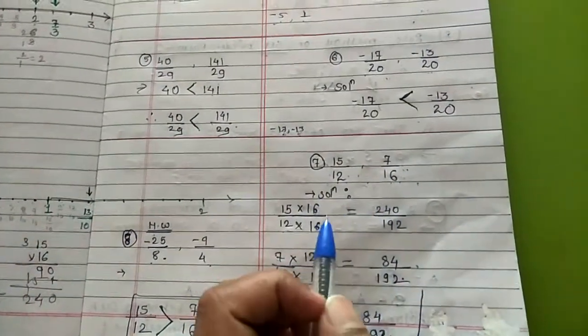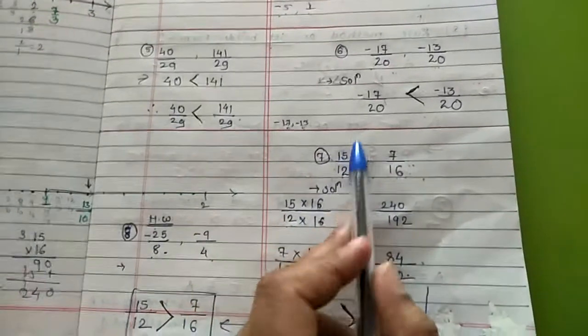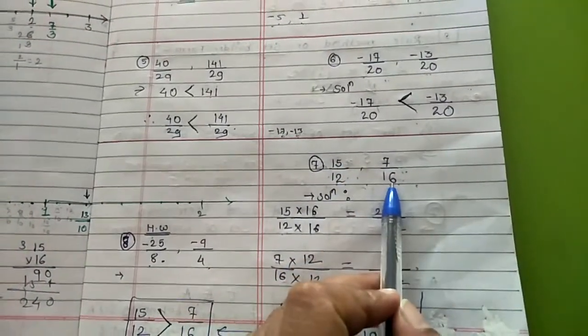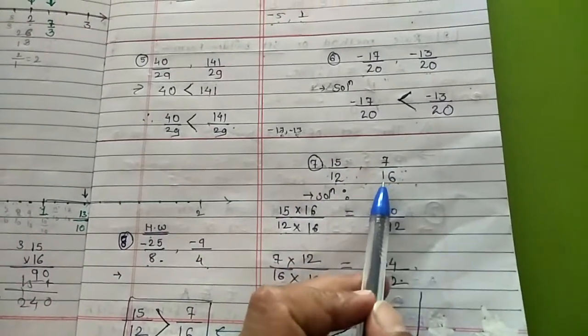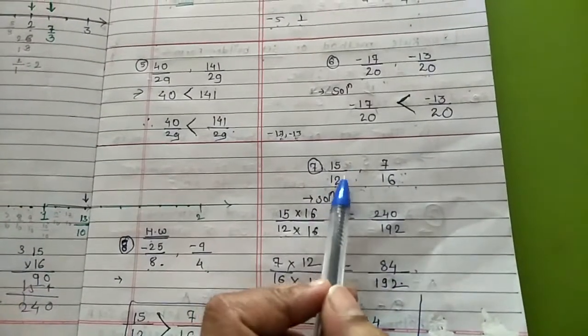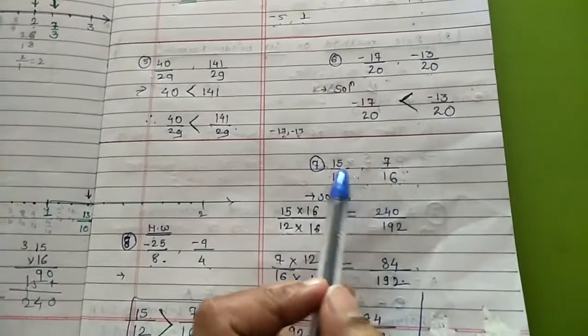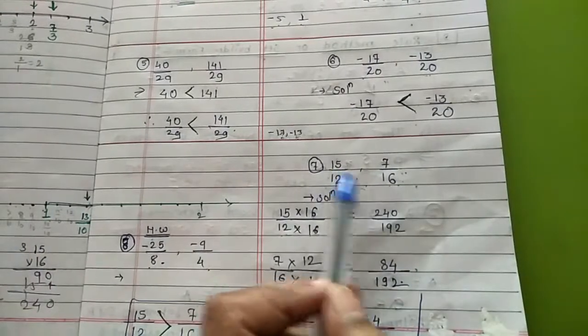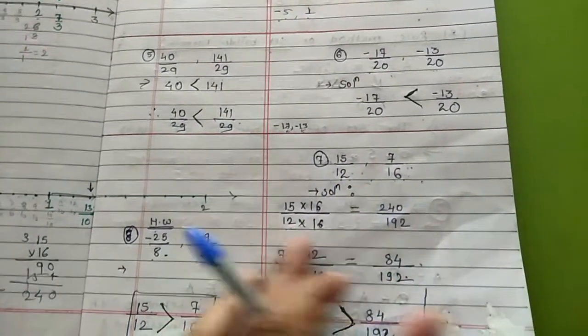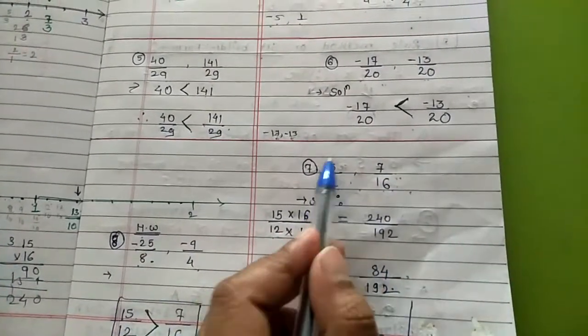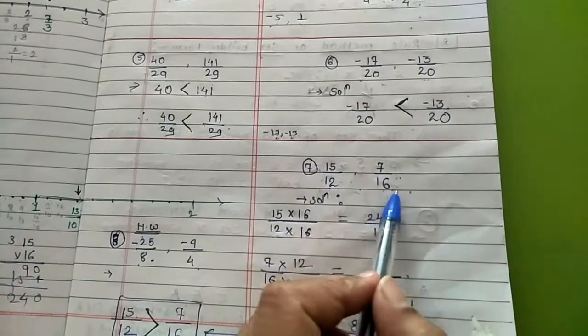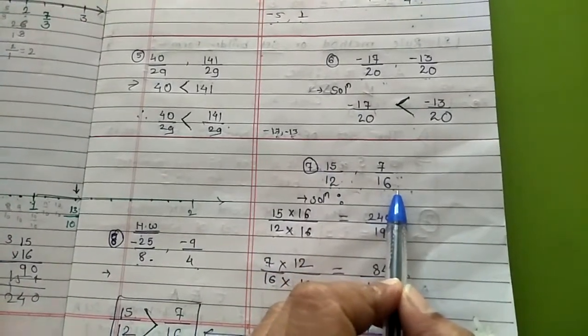To make the denominator equal, there are two methods. First, you can find the common factors of 12 and 16 and multiply by that number, that is, find their LCM. The second is to just do the cross multiplication of the denominators. So what you have to do, the first fraction we multiply by the second fraction's denominator, and the second fraction